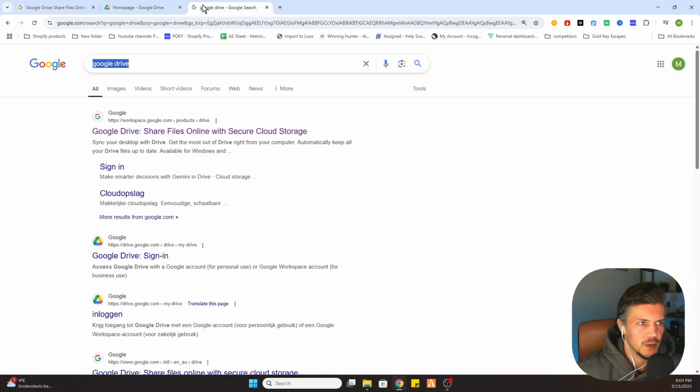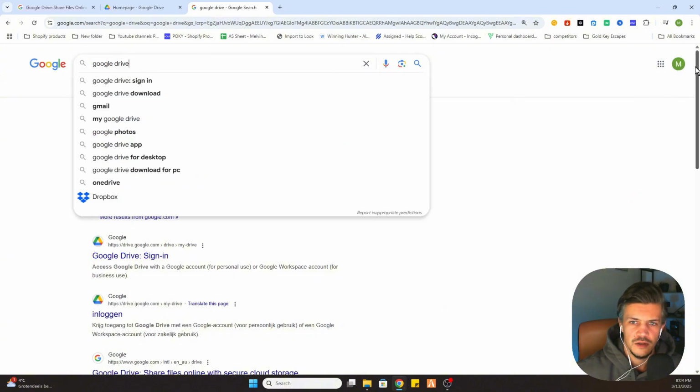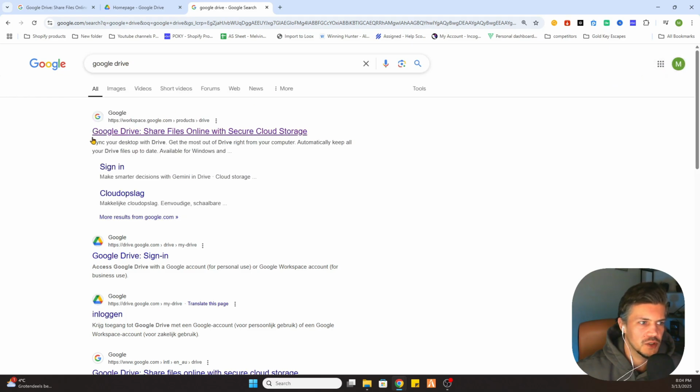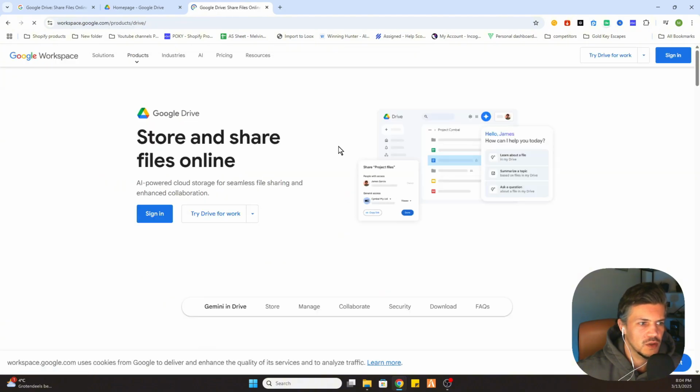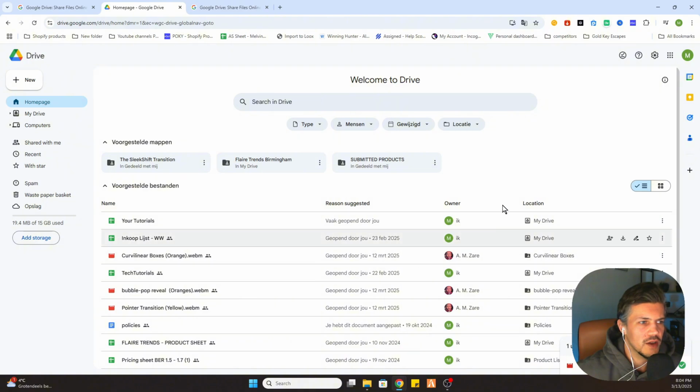So for the first step we will need to go to Google and then search for Google Drive. Check if you are logged into your Google account, and then once you have searched that, the upper search, we will click that link and now you will be redirected to Google Drive. Sign in. After that you will arrive at this page of your Google Drive, and what we want to do